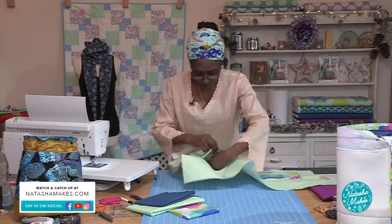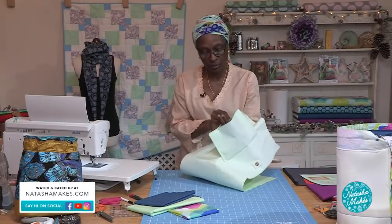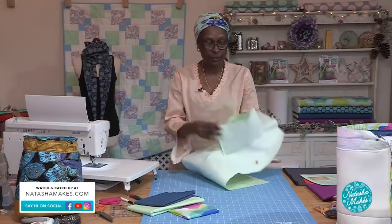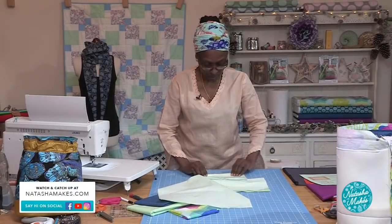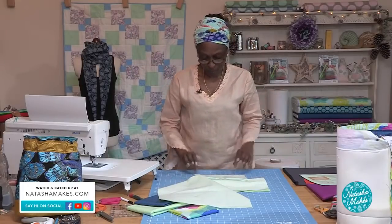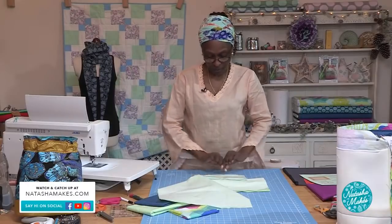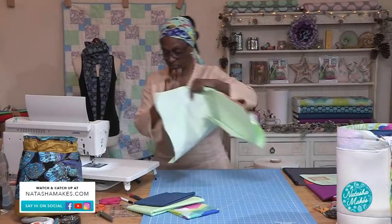So like I said, you've got that space open where we're going to turn the whole thing out from, and hopefully that should be fine. The whole thing gets turned through the pocket. That's very clever. We're going to sew that up at the very end, but you can either make a mark on there and iron it down so you have a crease or something, but I always just sort of...